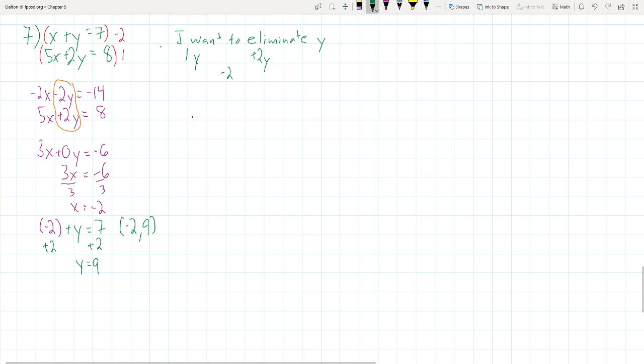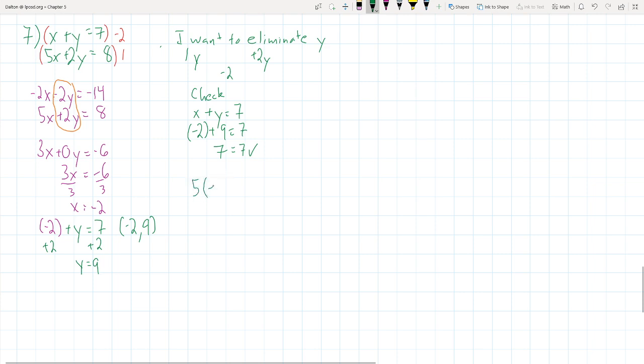So now I'm going to plug these in. So I'm going to start with the first one. So x plus y equals 7. So -2 plus 9 equals 7. -2 plus 9 is 7. 7 equals 7. All right, cool. That part works. Now for the real check,